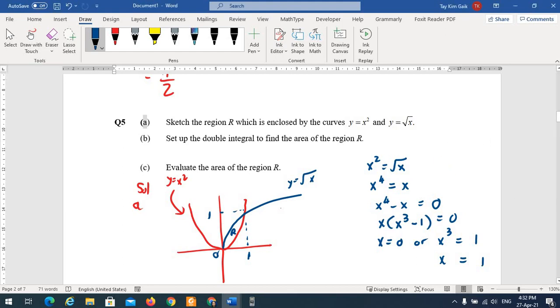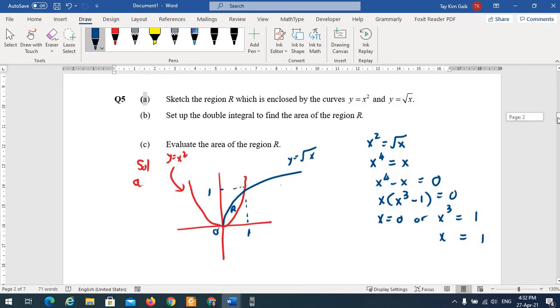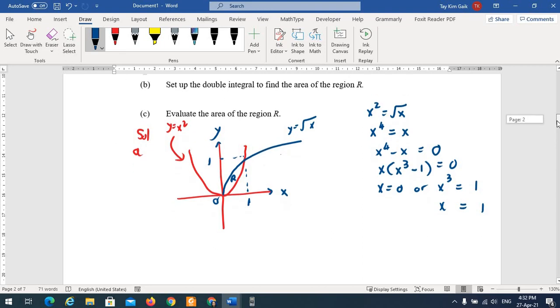So, okay, part A, sketch the region R. After you sketch, make sure you get the intersection point, because the intersection point will determine the limit. So this is x, this is y. So set up the double integral to find the area of the region R. So area is actually given by the double integral dA over region R. So in this case,